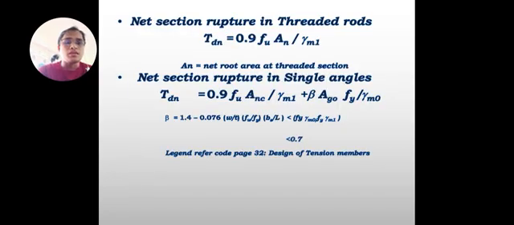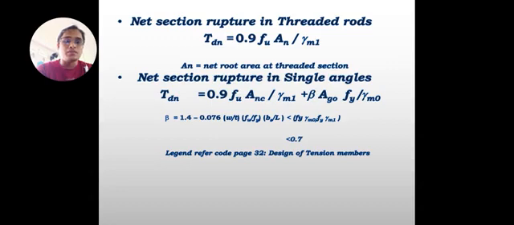Then net section rupture for threaded rods: Tdn is equal to 0.9 Fu An over γm1, and An is equal to the net throat area of the threaded section. Net section rupture for single angles: Tdn is equal to 0.9 Fu Anc over γm1 plus beta Ago Fy over γm0, where beta is equal to 1.4 minus 0.076 times w over t times Fu over Fy times bs over Lc,